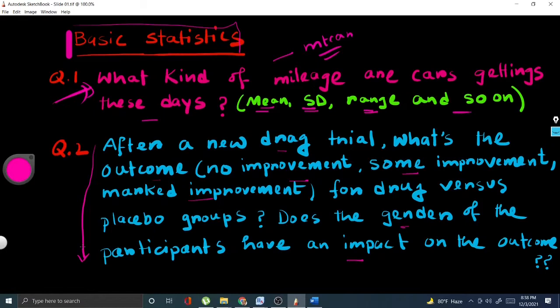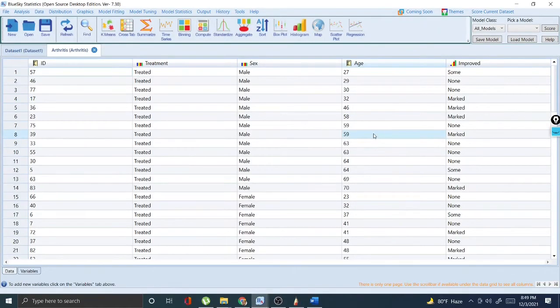However, in this particular video we are using Blue Sky Statistics, which is a very good R GUI platform. As I told you in the last video, this is by far the best R GUI in my opinion, where you can not only use drag and drop, but also use R syntax to learn the R code at the same time while analyzing data, just like on an SPSS platform. It's a free option. Download the open source Blue Sky Statistics from the Blue Sky Statistics website, install it and use it as you go.